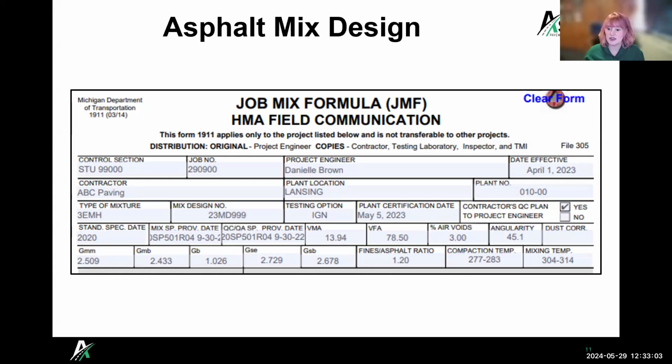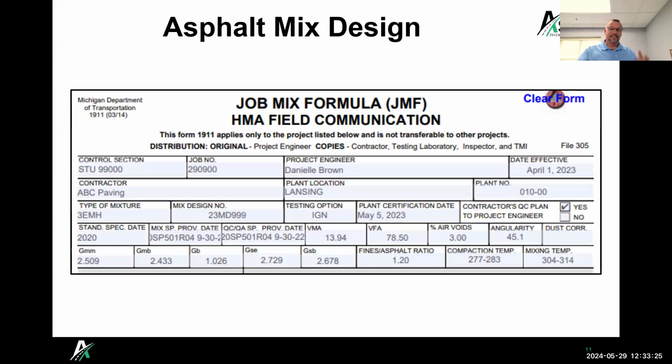Okay. So we've got a question: all of these things that we've talked about, do they need to be discussed in your pre-production meeting, or are there additional things that should be talked about during a pre-production meeting? Yeah, there's a lot of stuff that gets talked about at the pre-production meeting. Mix design's like one little thing.